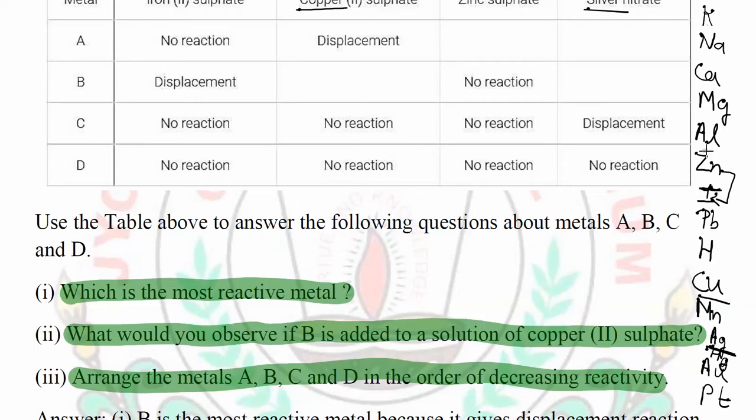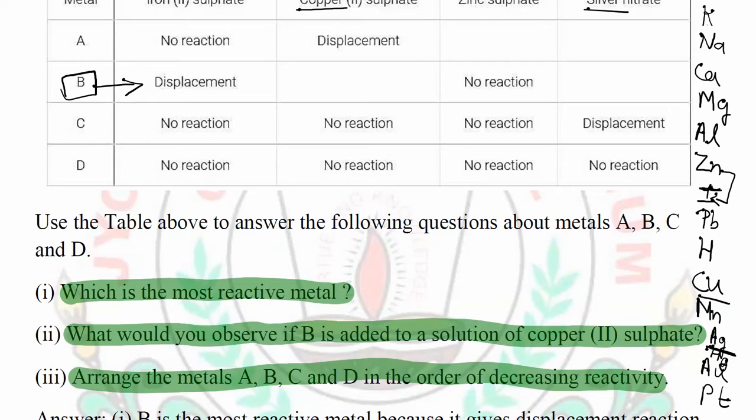And as we know that zinc is not displaced by any of these metals here, so we will say that the metal which is more reactive than iron can be zinc, but it is unable to displace the zinc. It means it will be zinc, and zinc can easily displace iron from its salt solution. So the B metal, which is displacing the iron from its salt solution, will be the most reactive metal.